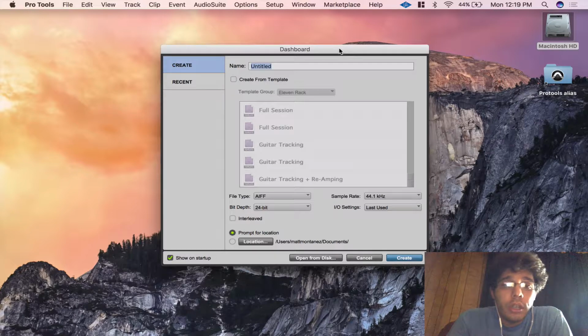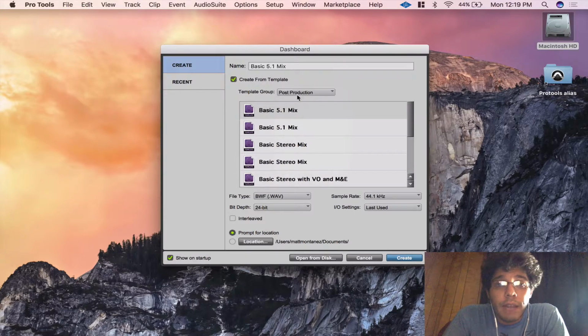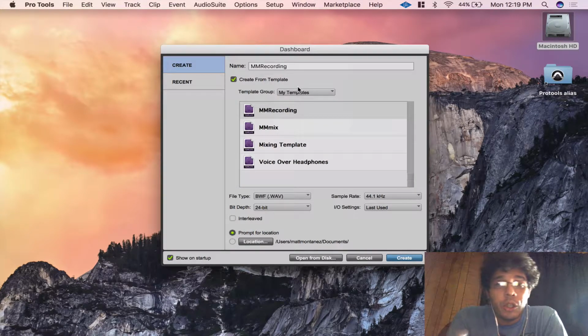There's a couple ways you can do it. You can do it just like this in the dashboard where it says create template or create from template and really just bring one in and save your own templates in here. As for me, I have a folder called My Templates, and I'll show you how to do that. I'll show you where to locate it, and also I'm going to show you the other way where you can